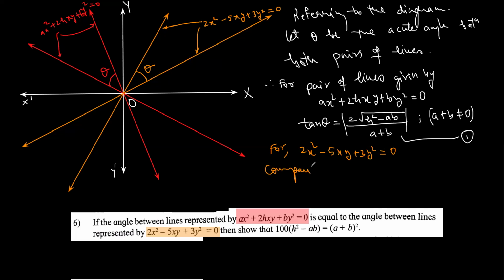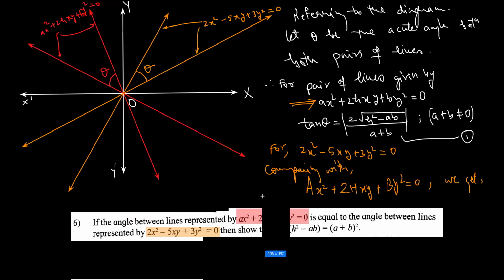comparing with ax square plus, I'm sorry, I will not write small a. Why? Because in the question, I already have small a. So I will write comparing with capital A x square plus 2 capital H xy plus B y square equals to 0. We get, what do you get? You will get here